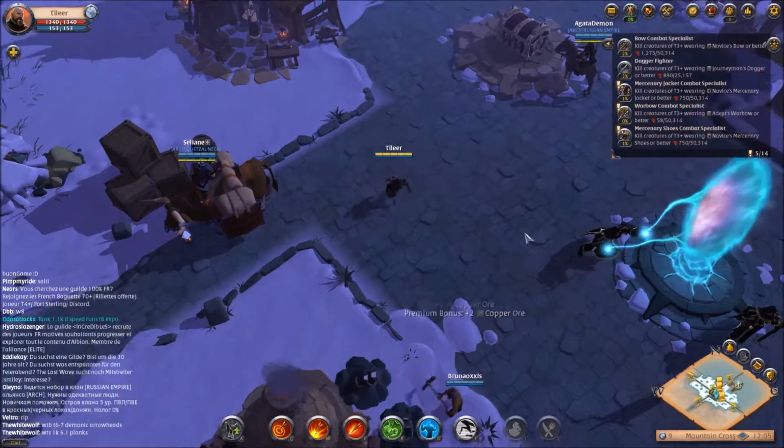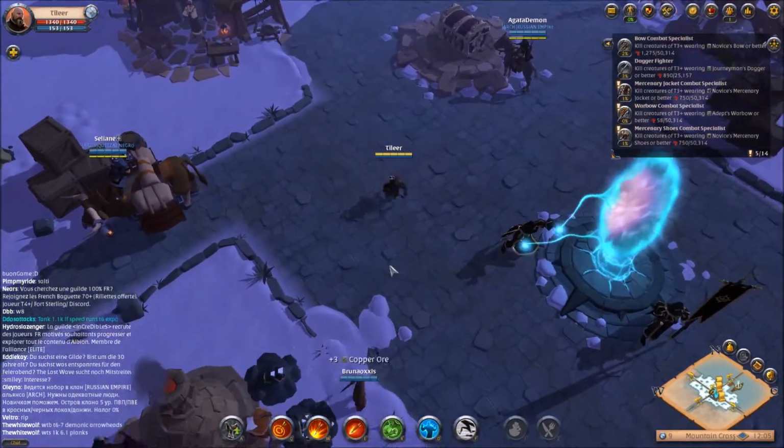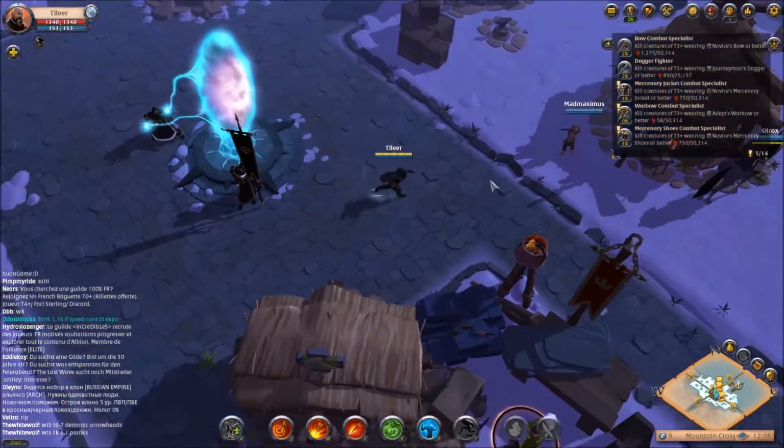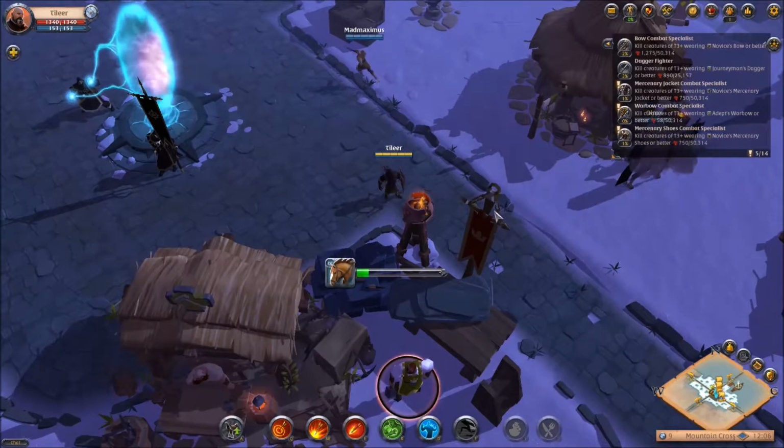So now, this is what happens when we're in combat. We have the movement skills. You can hit that F key. We can sprint. We can run. We can blink. We can dodge. On the mount now,